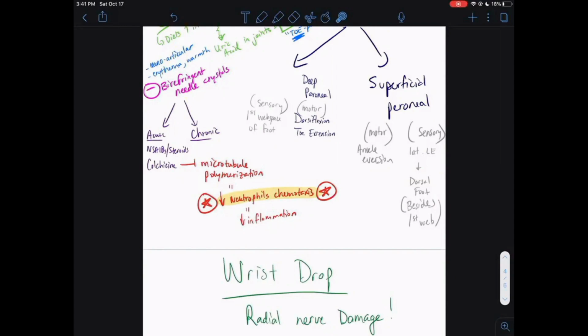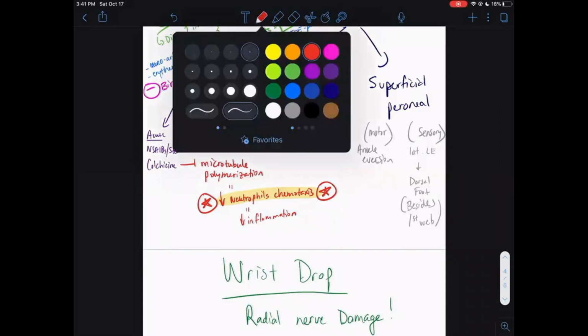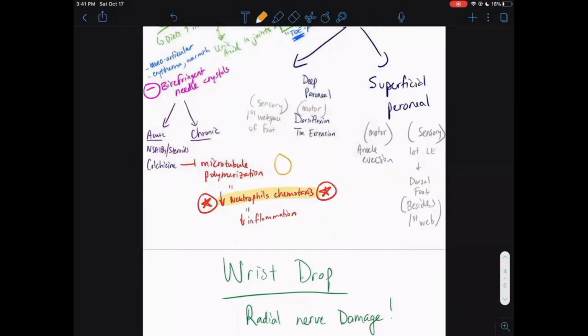So long story short, while we're talking about this, you give colchicine. Colchicine comes in here and it blocks the microtubules from polymerizing. So now the microtubules of your cell, so let's just draw a little cell out here for visualization. If here's your cell and you have all these microtubules, all right, so if they're trying to pull the neutrophils around, they're not able to if you give them colchicine. So now the neutrophils don't chemotax into the joints, so you drop the inflammation. Okay, so that's your acute gout treatments.